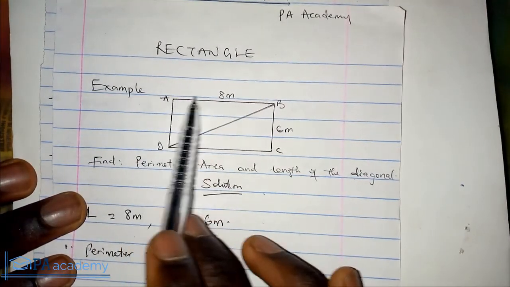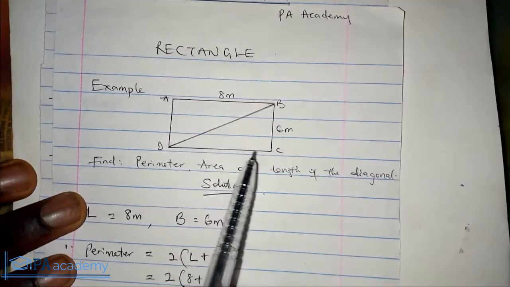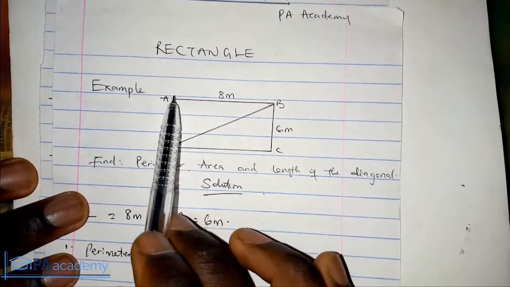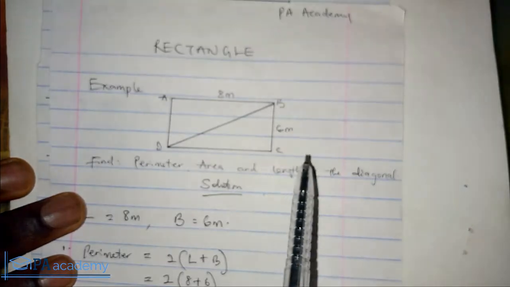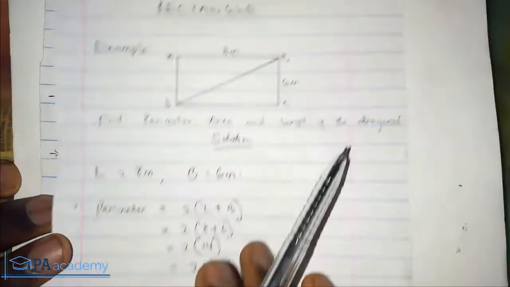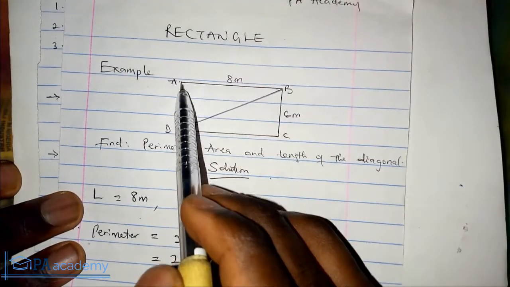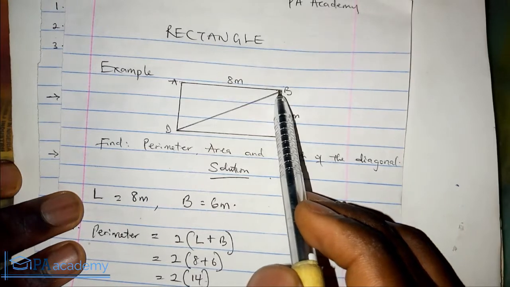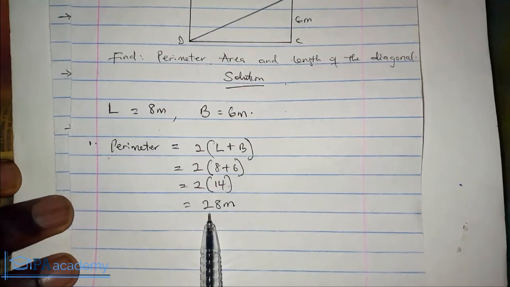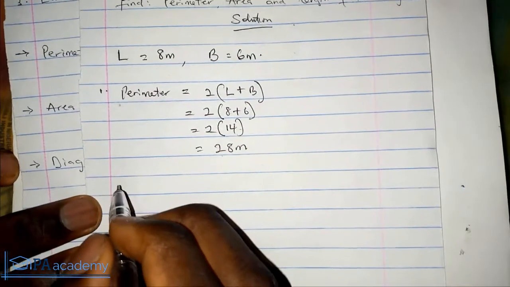This represents 8 meter and this represents 6 meter. Now this is not drawn to scale, so note that. It's not that if I should measure it from here to here it is 8, and from here to here it is 6. So this is how you are going to calculate what the perimeter is, 28. That means if we start from this point, we measure here, continue like this, measure this third side and this fourth side, we'll have 28 meter. So now we've gotten the perimeter.